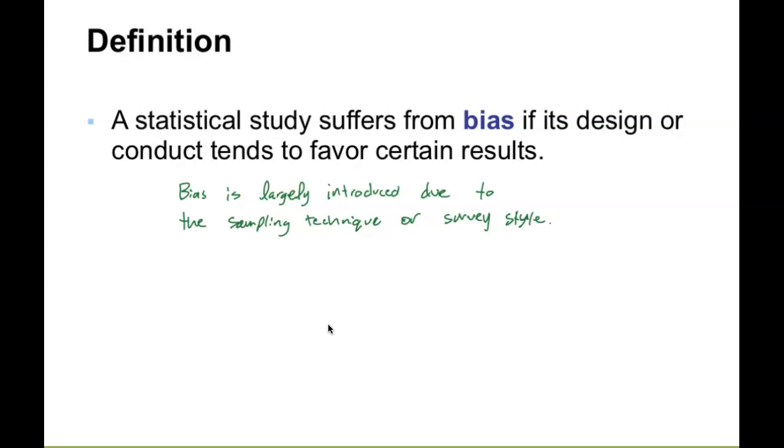If I'm at JoeBot and I just ask the people around me what they think about gun control, probably going to get a pretty consistent answer. That's maybe not the same as the answer of the greater population of Arizona, right? So that's bias. But oftentimes, especially when we're polling, you're using a survey, right?